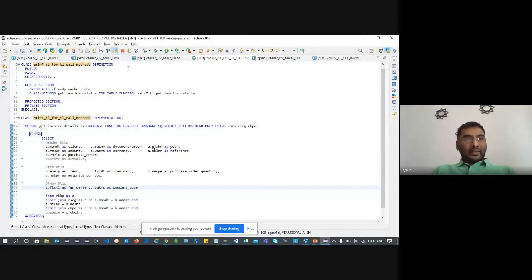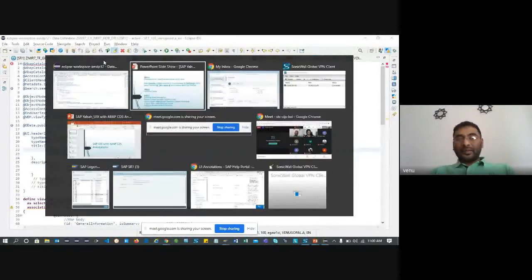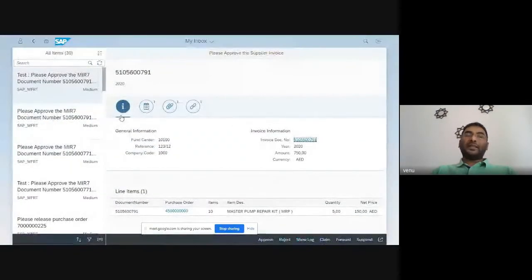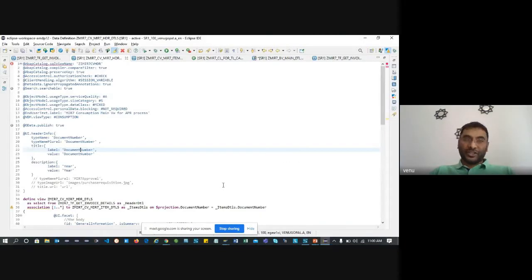Now your table function is done, your class is done, and I have two CDS views: one is called header, one is called item. Why am I creating two views, header and item? If you could see, my output expects a header and the line items. So I call the header in one view and the item in the other view. So how do you have this association?